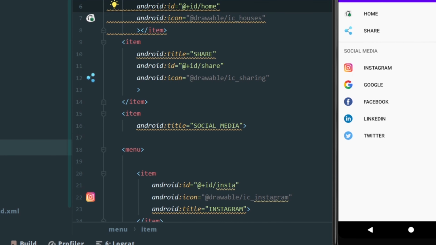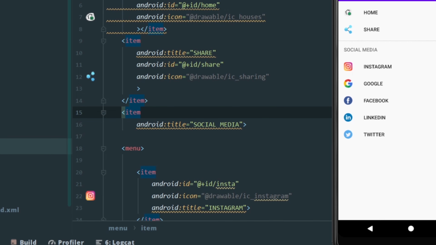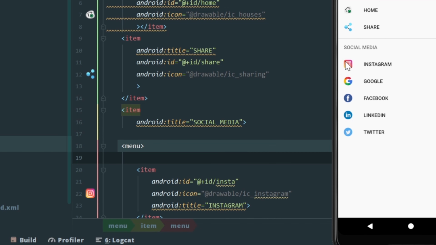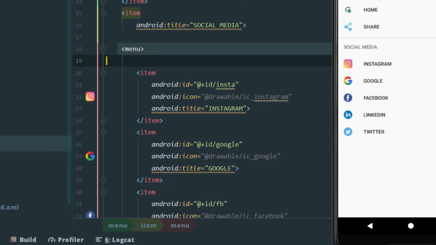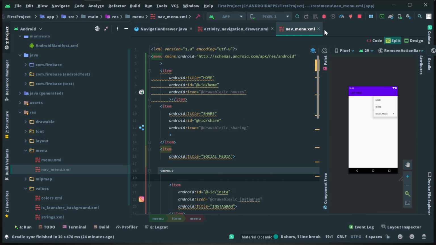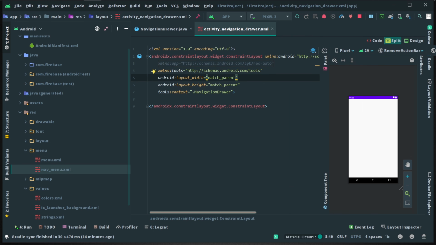For that we need to create a separate item and give a title, and in that item if you create a new menu like this, we'll get it like this. This is how we need to create that, and the remaining things are the same. Now let me close this menu file. If you don't know how to do this, I already did a video on menu creation, so please watch those videos. Those are available on my channel.